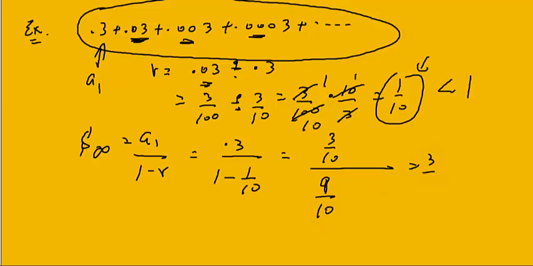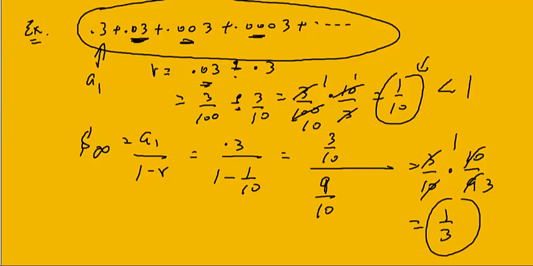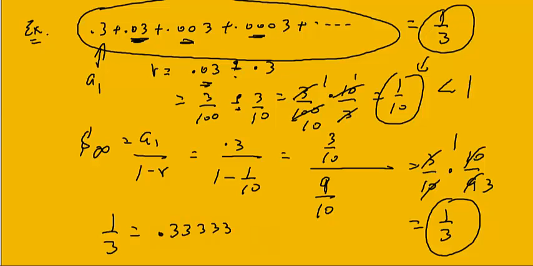So you have 3/10 multiplied by 10 over 9, and the 10s cancel out, and 3 reduces that to 1 and a 3, so this turns out to be 1/3. So when you add all this up, that turns out to be 1/3. That's why 1/3 is the same thing as